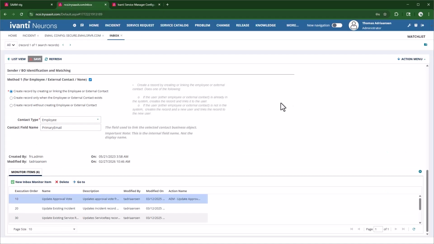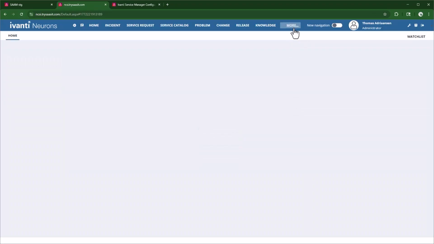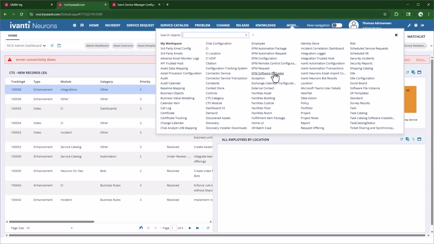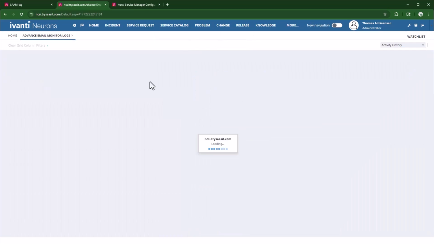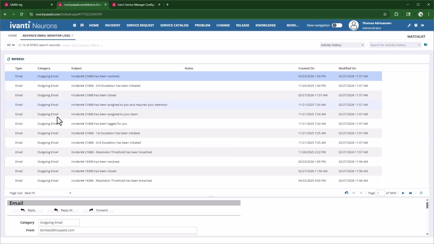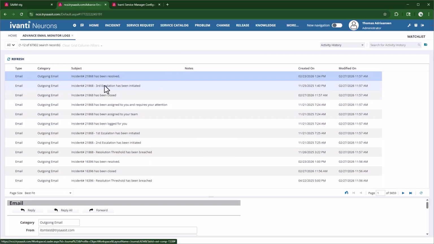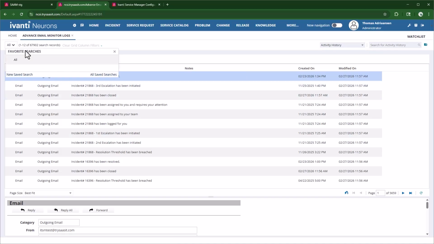Then back on the front end, refresh your browser. Go to more, and type in advanced email monitor logs. This will pull up the advanced email monitor logs here. Now you want to do a saved search in here, because this is literally just showing you all of the logs. So we want to create a new saved search